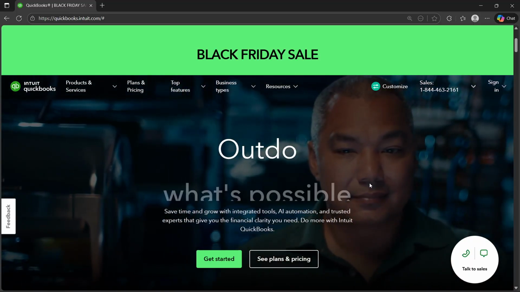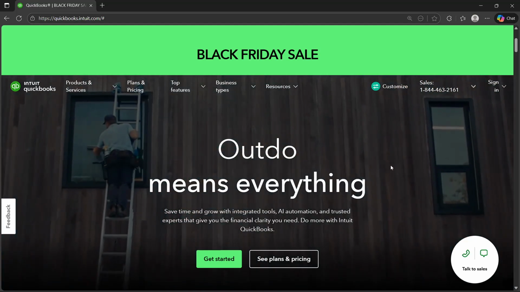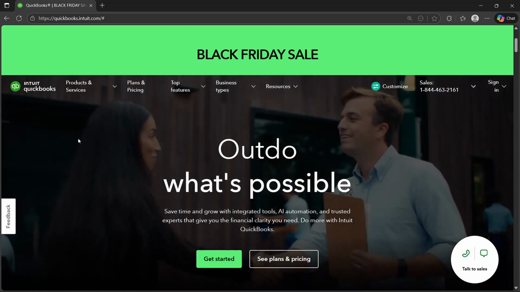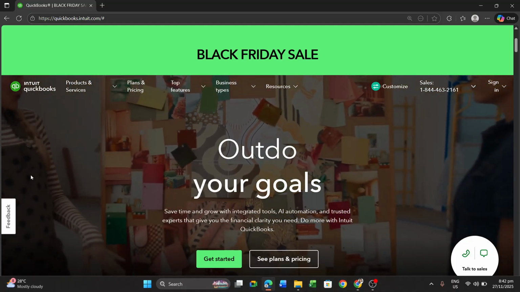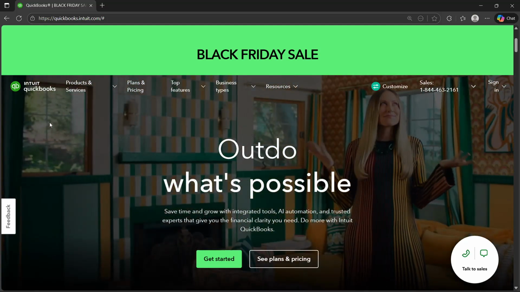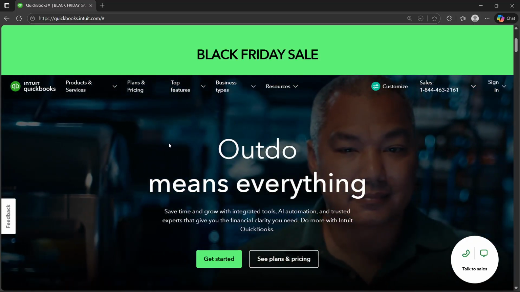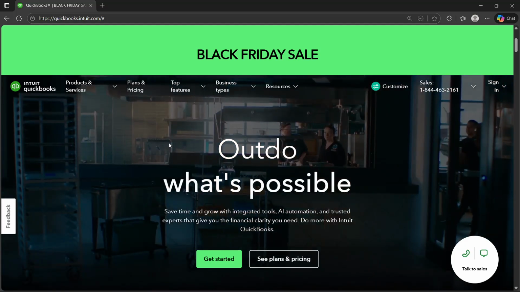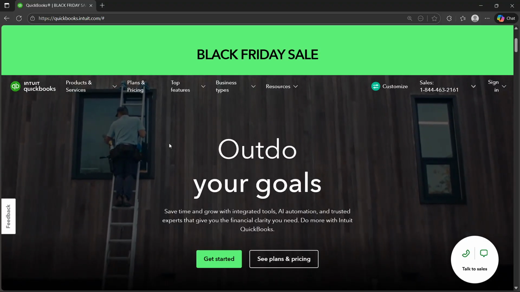you can follow along. After you log into your QuickBooks account, you will see the expenses on your left panel, which is right here. So what you will do is click expenses, and after that head over to the vendor section and click select vendor, and then click pay bills and select bills to pay,